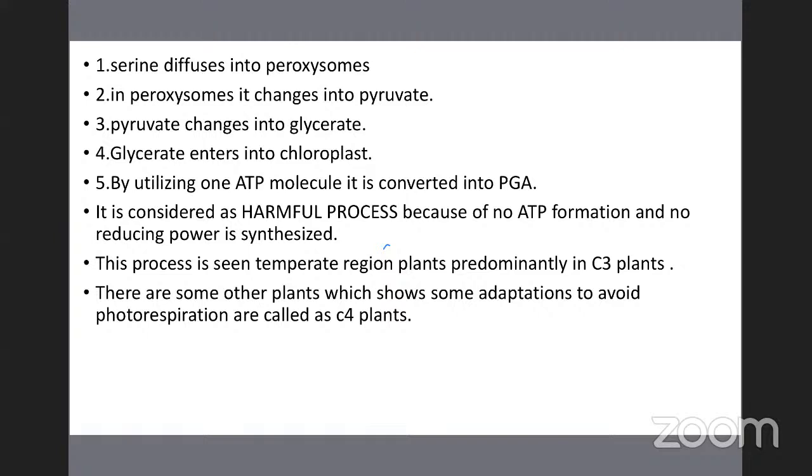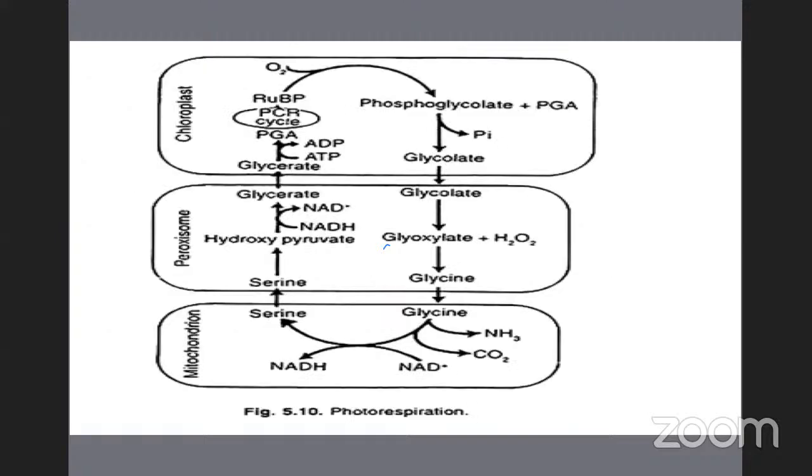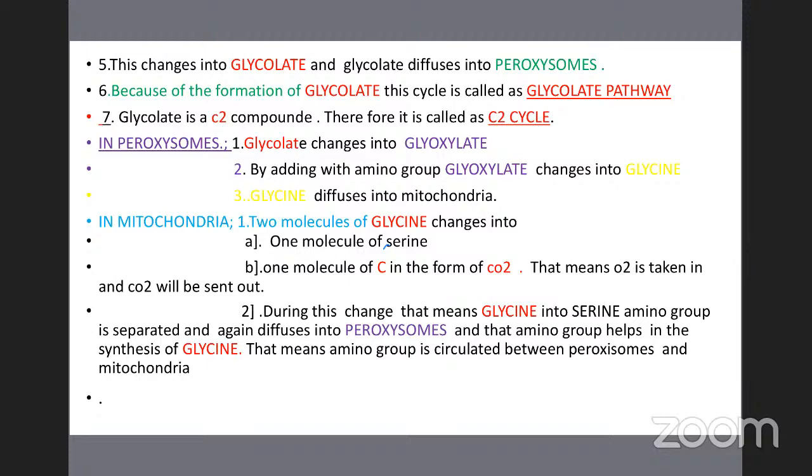But before that, this photorespiration is not helpful. It is treated as a harmful process. Why? Because no energy forms are synthesized. Whereas in the C3 cycle, ATP and NADPH molecules are synthesized. That's why it is useful. And so in this way, photorespiration